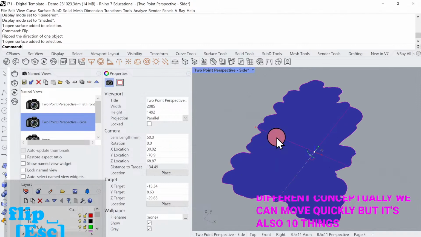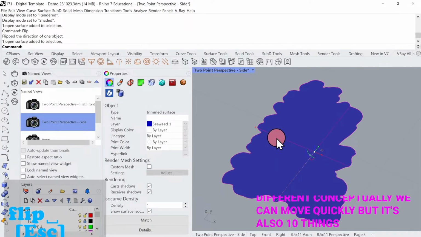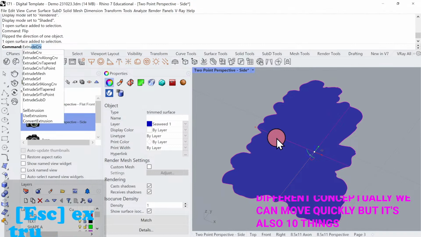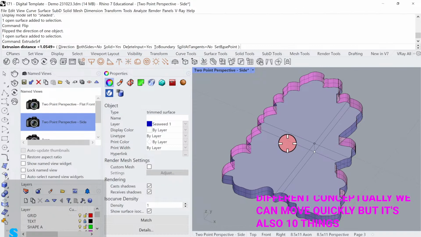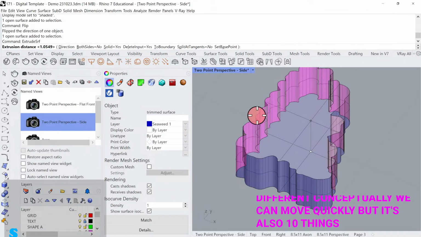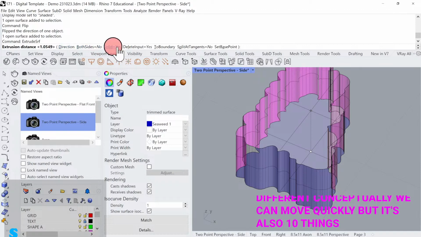Let's say I've got a shape. Let's say I want that not to be just infinitely thin, but to have thickness to it. To do that, we can do extrude. It's probably the simplest way, where you take a flat thing and extrude it in one direction. Think about those Play-Doh toys. You stick the Play-Doh in and press it, and it squeezes out a shape based on the cutout. So if I do extrude surface, because I have a surface here, and I pull it up, we'll notice inside of my command line at the top, in parentheses,